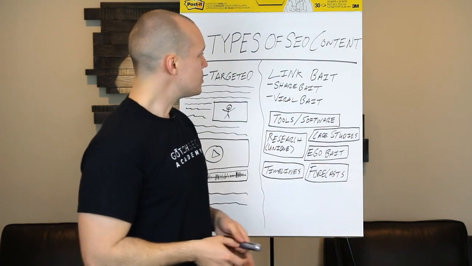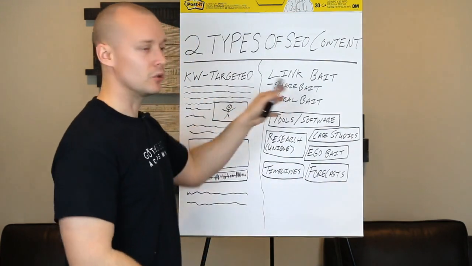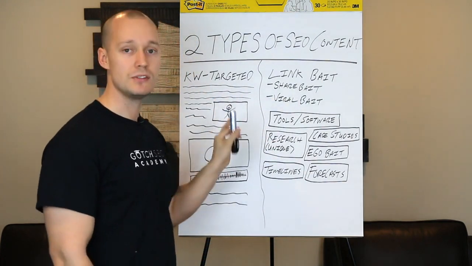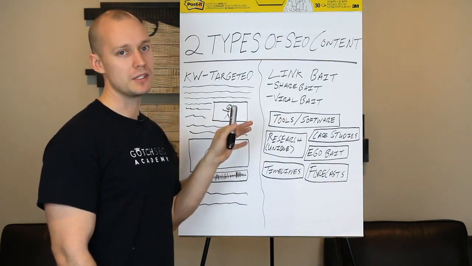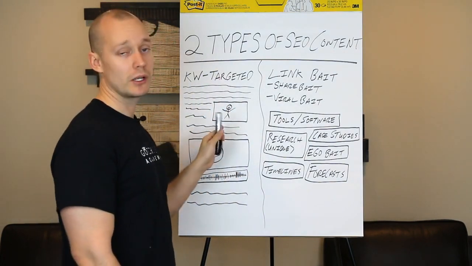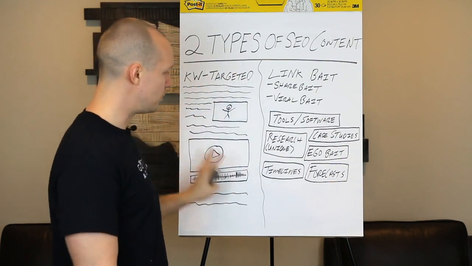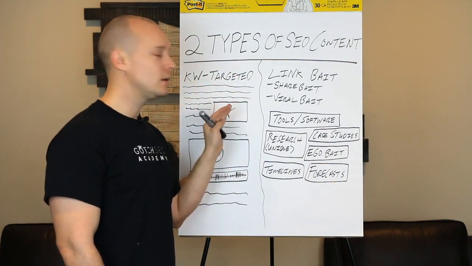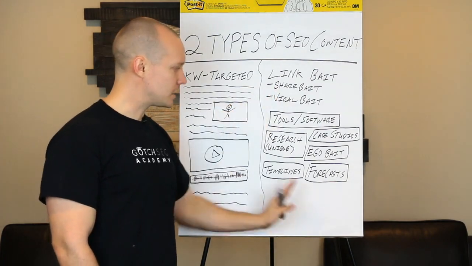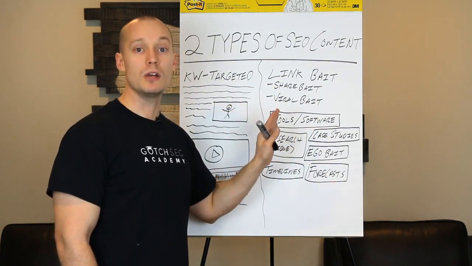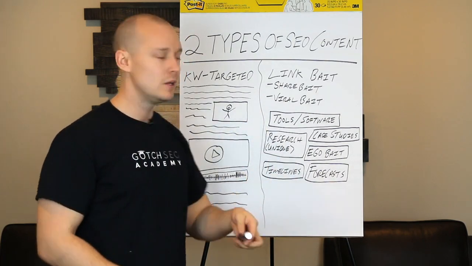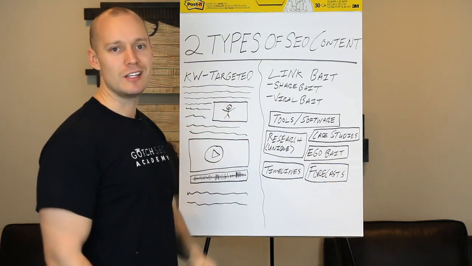And so those are the two types of link bait that we're going to be focusing on in this course. There is a lot that goes into these two types of content, and especially keyword targeted content. So this is the bulk of what we'll be focusing on because this is the 80% of what you'll be doing. But we'll also be focusing on this link bait element as well, so that you can actually acquire links naturally and build the authority of your site so that this stuff ranks a lot easier.